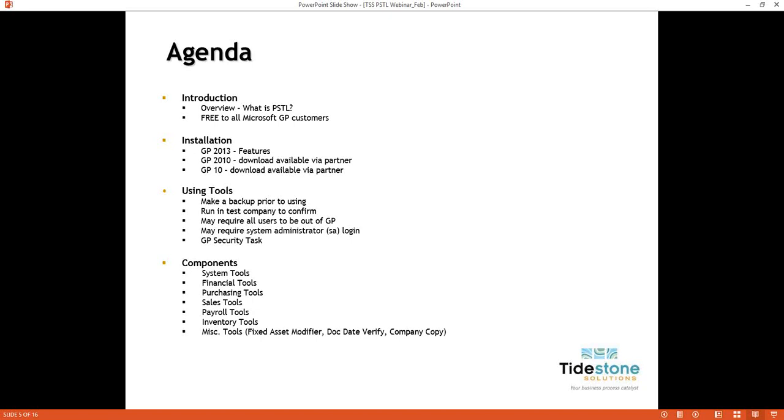Next, when using the tools, some of the tools require that you have all of the users out of GP. And the reason for that is it's going back and changing tables. And so if users are updating those tables at the same time that you're changing them, it can cause a problem. And so when you use the tool, it will flag you and let you know that you can't proceed any further until all users are out of the system. Now with the tool, you can also download the documentation, and that will walk you through step by step of,